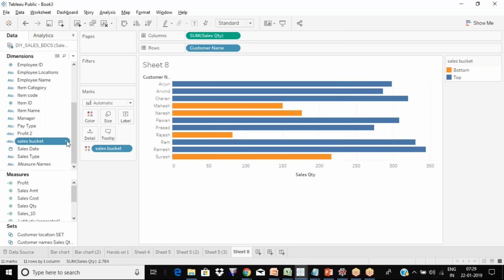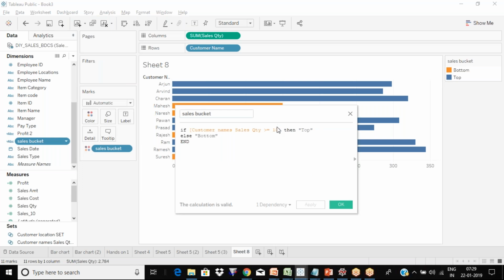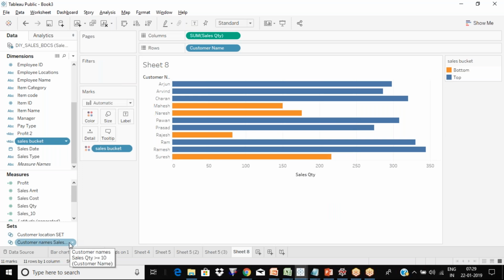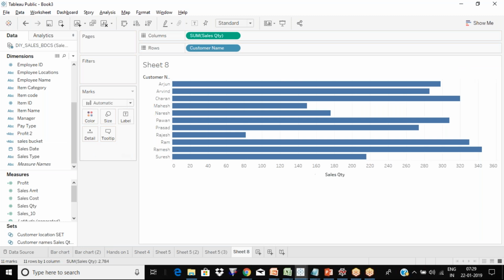Okay, let me go. Did it change here as well? I'll go and click on edit. Yeah, I have not changed the set name. The underlying, it's still greater than or equal to 10. That's fine. Now, this view, what it is showing before, like this, it was like this, all the customers by